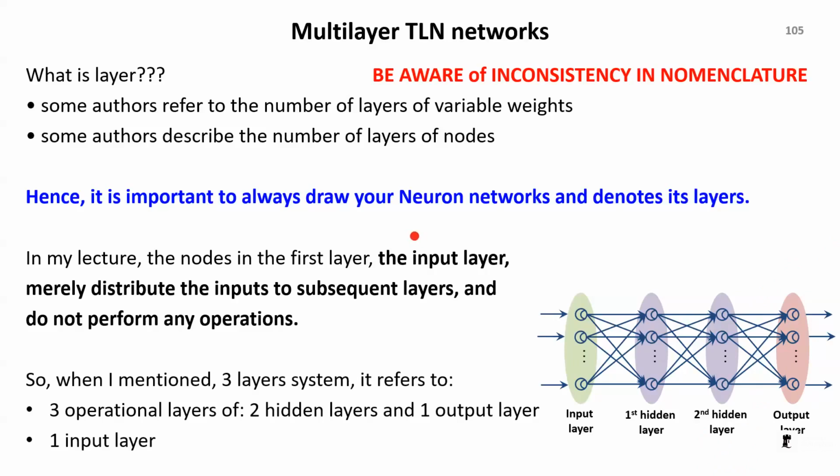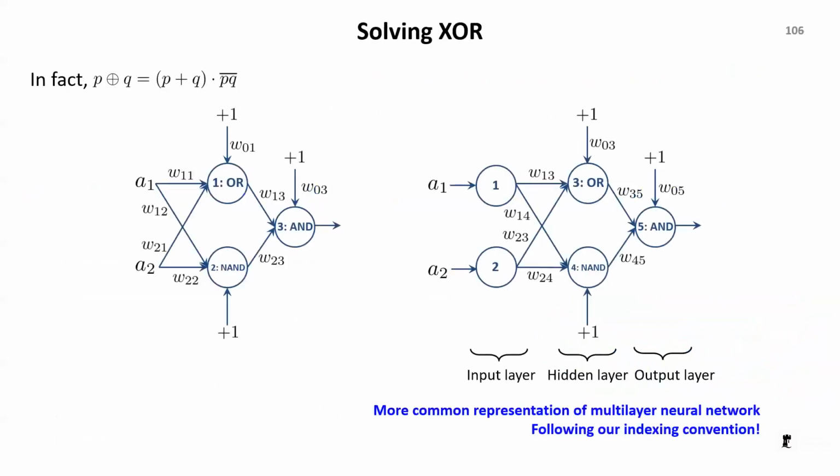Okay, so if I say 3-layer system, I am referring to 3 operation layers: 2 hidden, and 1 output layer. And the input layer here does not do anything. It's just to distribute the input. So the previous problem,